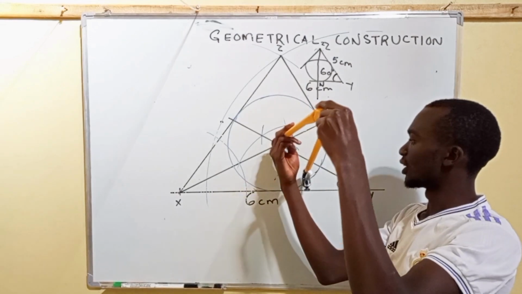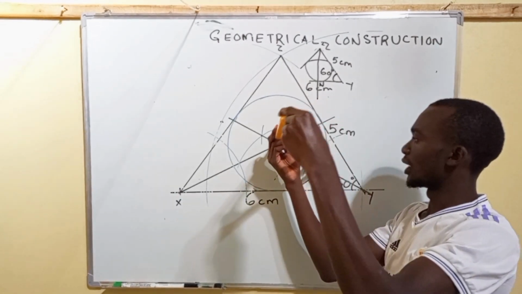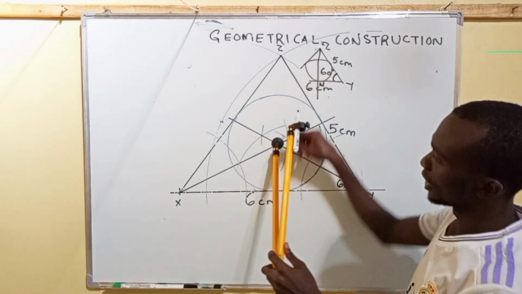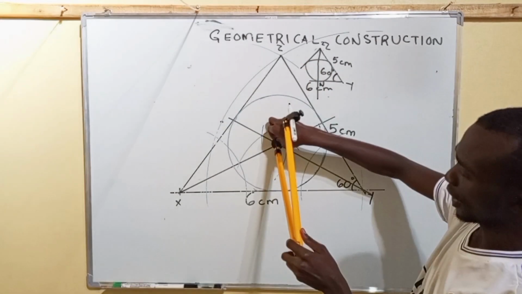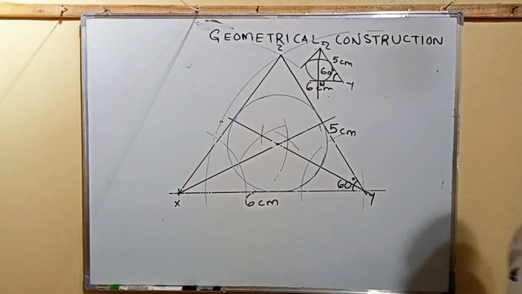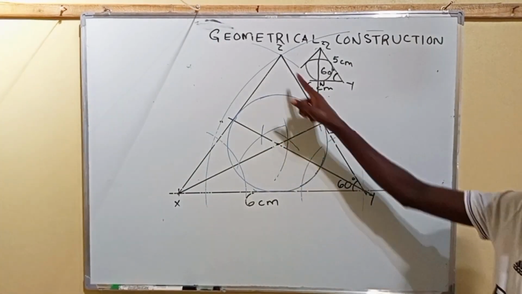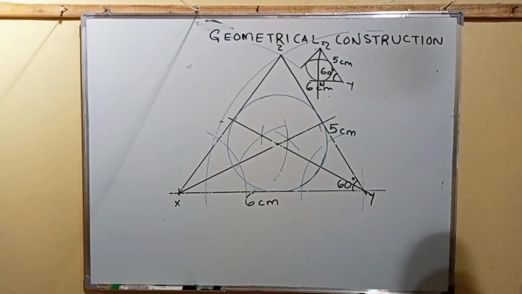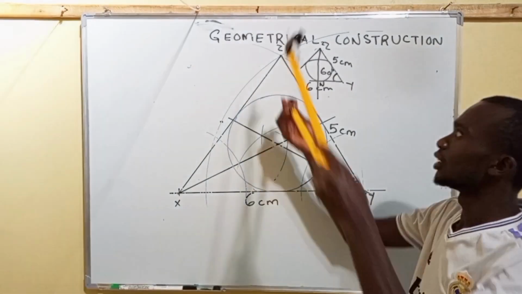So this is our circle, the inscribed circle now. It does touch the sides of the triangle, but does not cross the sides. So that is the inscribed circle that we are asked to draw. Then the second last part, we are supposed to draw a perpendicular from point Z to meet line XY. So we stand at point Z,